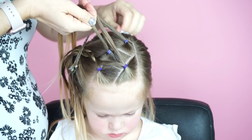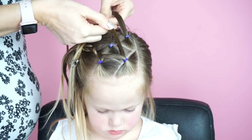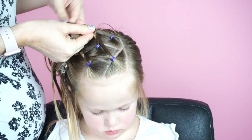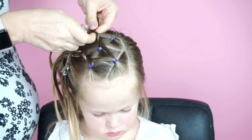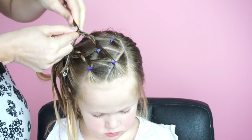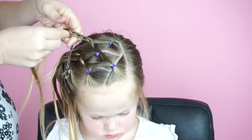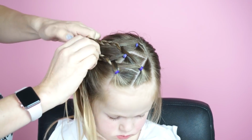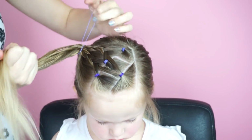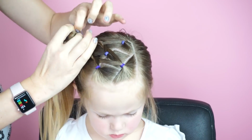And then those 3 strands on the right that I had clipped off, we are going to do the same thing with those. We're just going to create a 3-strand braid all the way back. Now you could use the front ponytail and the 3 ponytails behind it to do this style, but I found that when you secure it to a ponytail back behind it, that it keeps it neater and it stays put all day long. So I'm going to take these 2 braids and simply secure them to this back ponytail here,